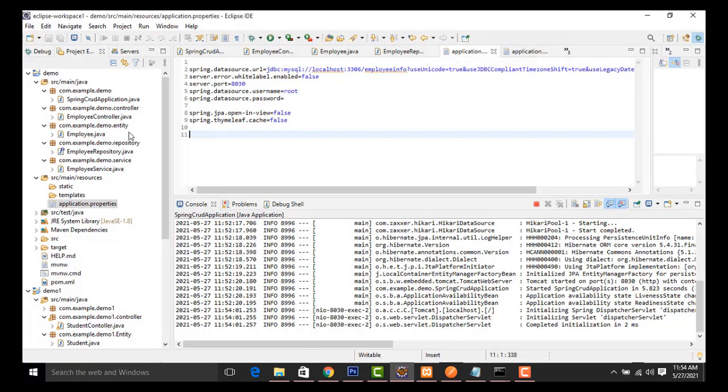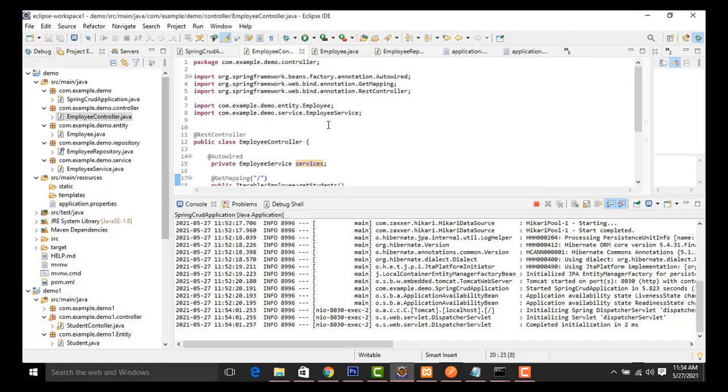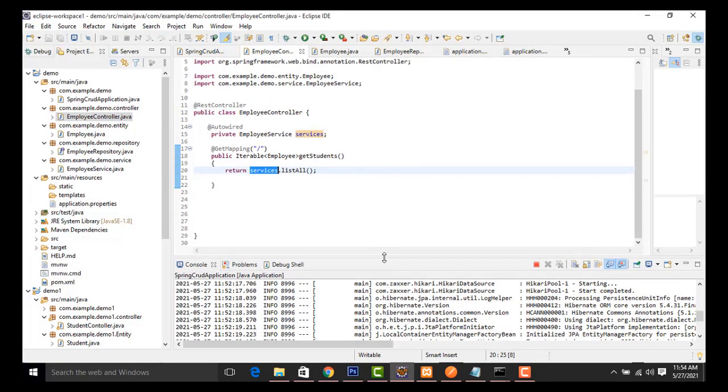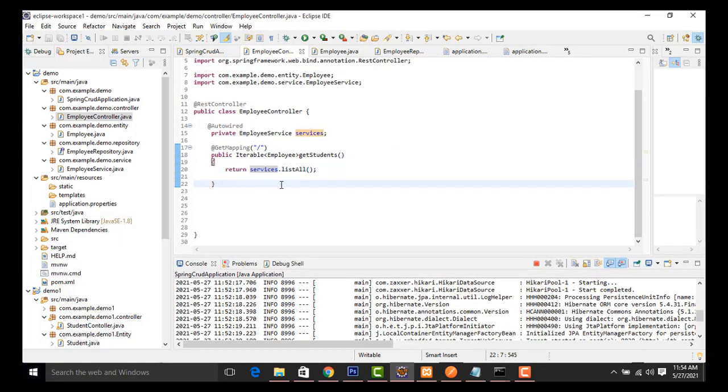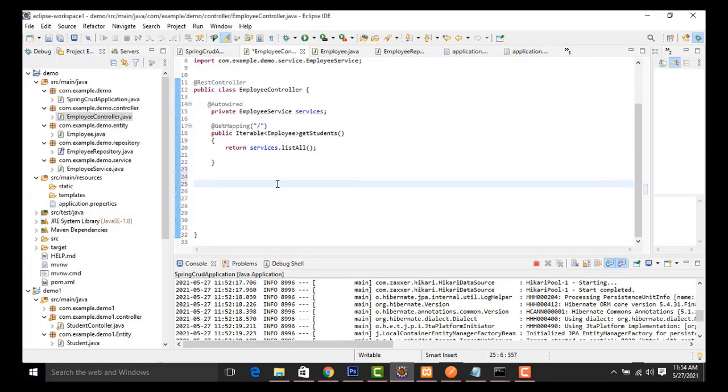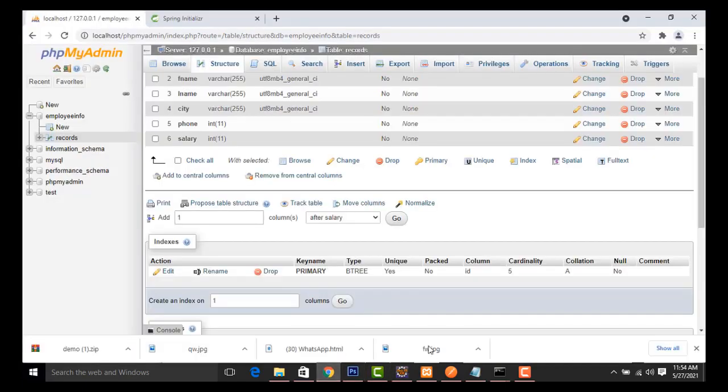Right. Now let's go back to our second one. The second one is create the data. So how to create the data? First we have to load all the data from the database. We have to use a GetMapping and a route like this. If you specify it like this, what happens? Now it won't work. Now if you go to Postman and check,